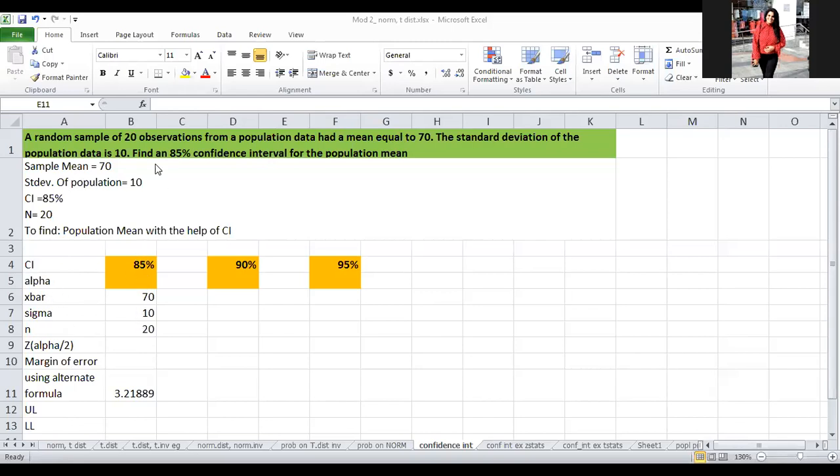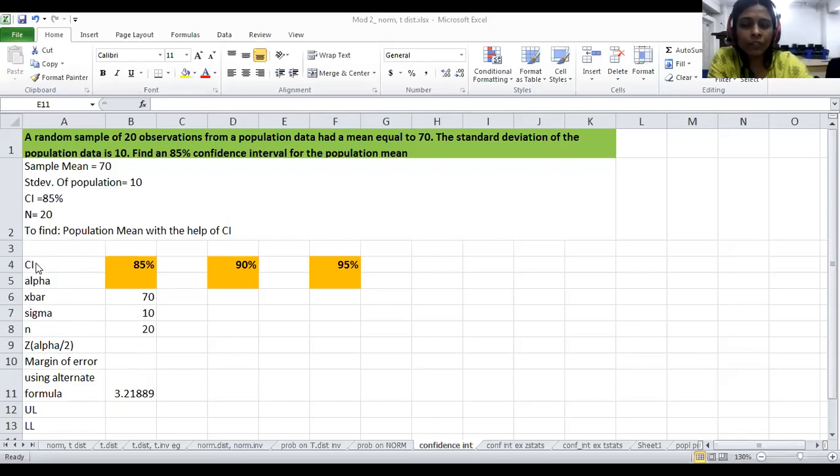Okay. So this is a question. Now, I would suggest that you write each of the values which are given to you, for example, in one column you have the names and in the other column you have the values. Why I'm saying so is because instead of typing in the values in your formula, you can refer back to that exact cell in that particular formula rather than typing it. That is the reason why I'm making two columns like this.